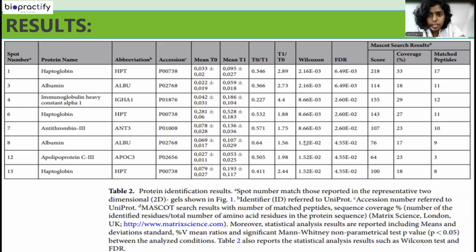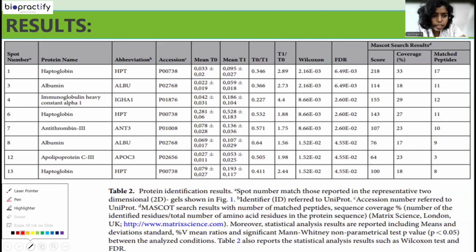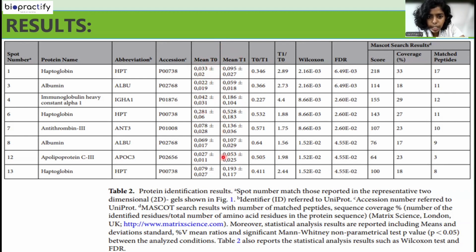As you can see in the results, T0 is before administering nintedanib therapy, and this is after. As you can clearly see, there is a corresponding increase after a year, and haptoglobin has previously been proved to be a potential biomarker whose serum levels increase in the course of disease progression. It is linked to activating many other receptors which may aggravate the disease. But of the other proteins which have been identified, albumin plays a role in